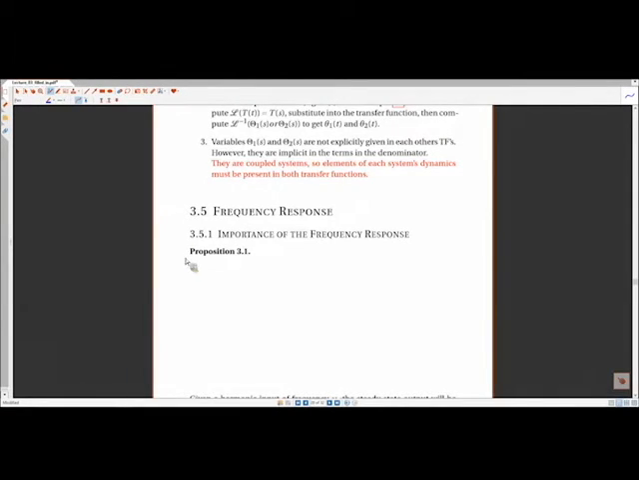So I'm going to start off with a proposition: if all the poles of our transfer function G(s) are in the left half plane, and if our system output y(t) is equal to the inverse Laplace transform of G(s) times A omega over s squared plus omega squared, where A omega over s squared plus omega squared is just the Laplace transform of a sine function,